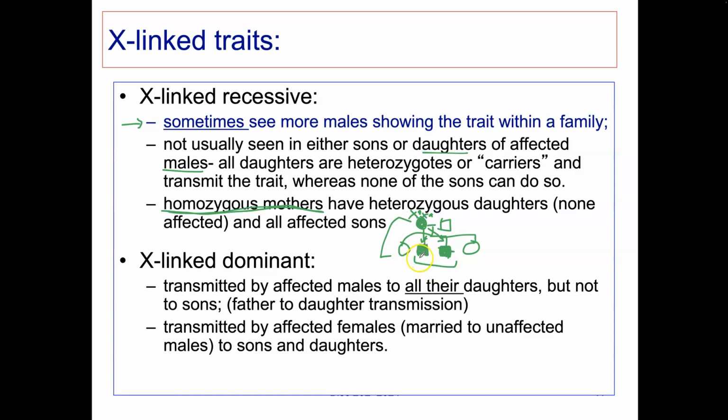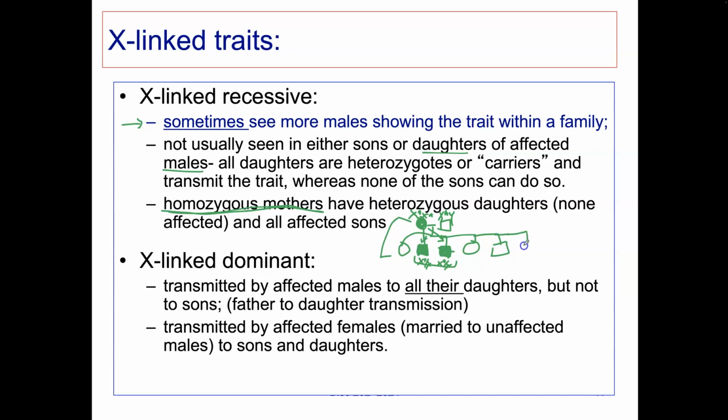And that explains why her sons have it, all of them, and none of her daughters, because the daughters would be heterozygous. They get the good X, the one without the disease-causing allele on it, from their dad, right? Now, if you make this interpretation and then here's some more information,